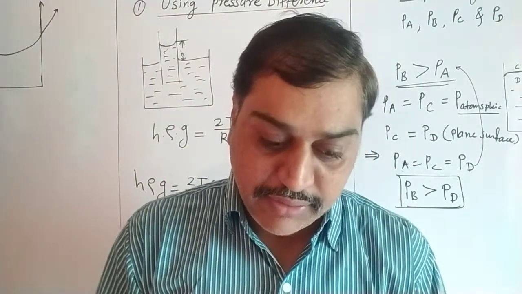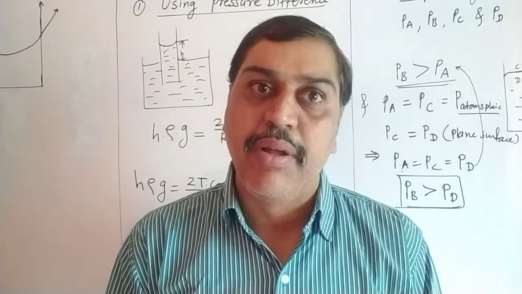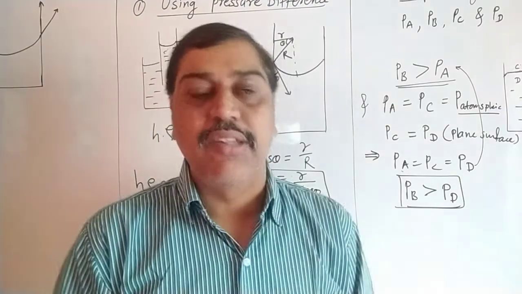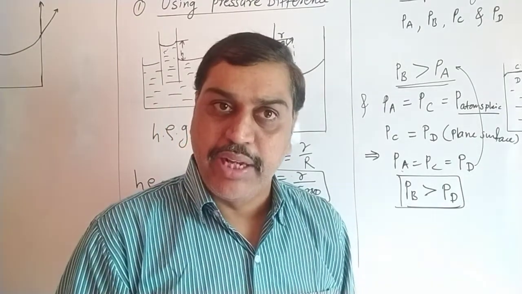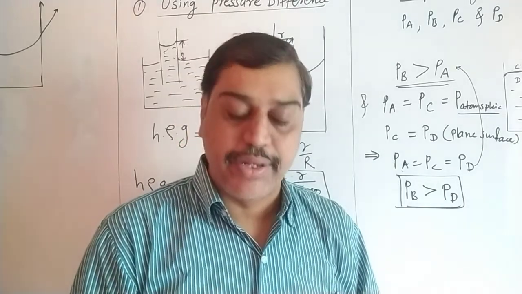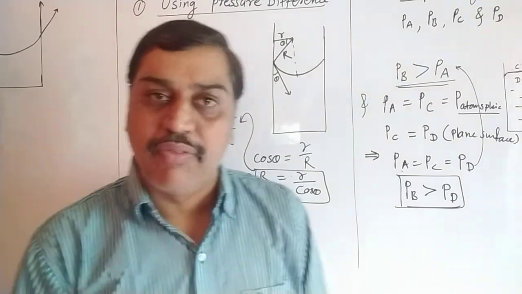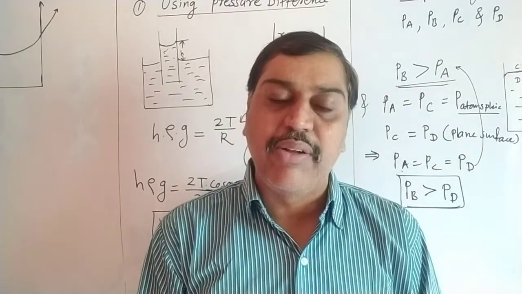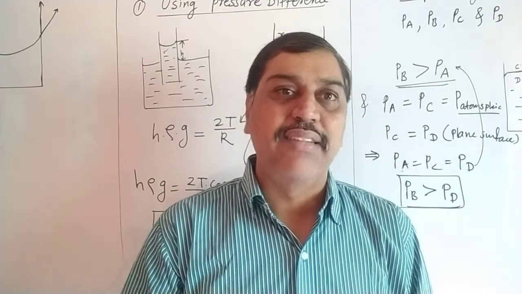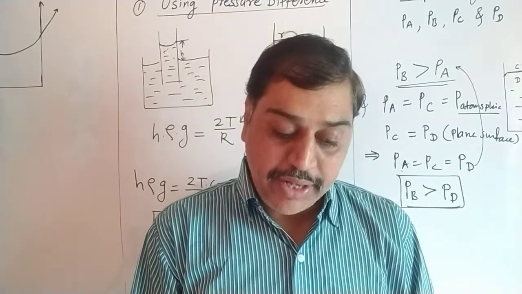So this is the first method by which we have found the rise of liquid in a capillary tube, that is, the height. In case of fall, theta is obtuse, cos theta comes to be negative, h comes to be negative. h negative means what? There is a fall in the liquid level, just like mercury. So we have derived the expression for capillary rise or fall. Here we have derived the equation for rise. Similarly, you can derive the same equation, only the signs are minus, for fall. This was done by taking pressure differences.